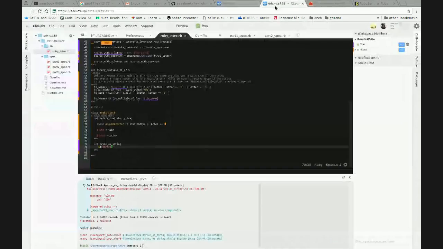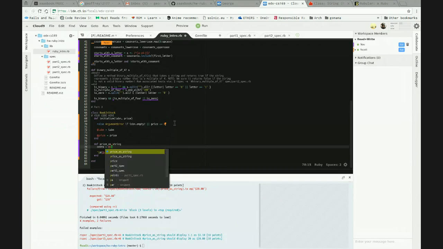Or I can just get the part that is behind the decimal point and do it with some calculations, the remainder somehow. I don't know.